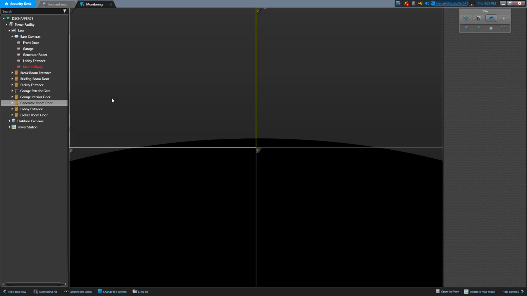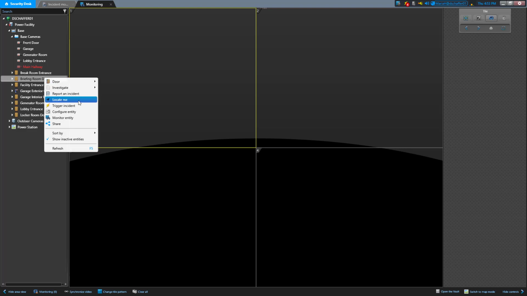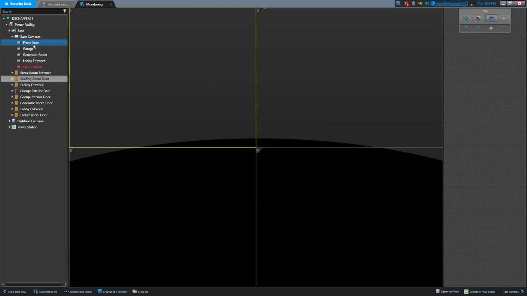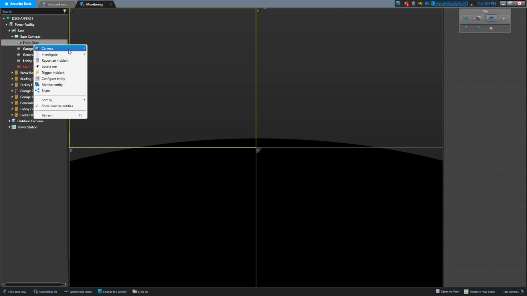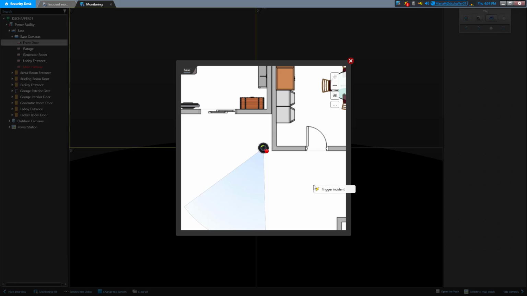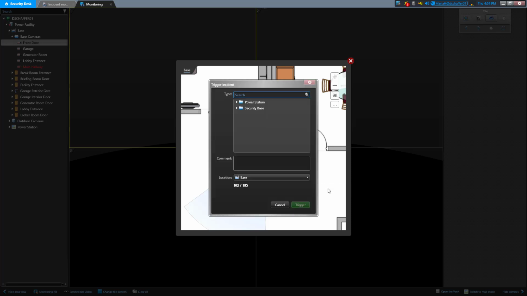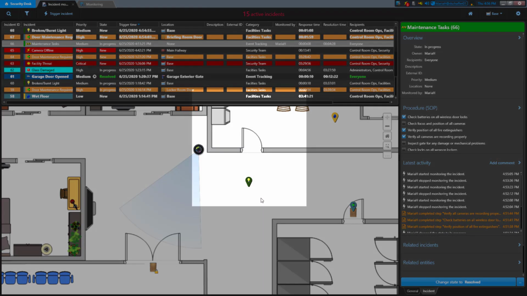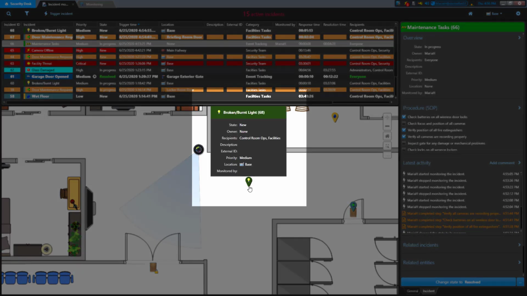You can also trigger an incident from the area view in the monitoring task. Just right-click on an entity like a camera or a door and choose Trigger Incident. In case you know something is happening near one of the entities but is not associated with it, you can right-click on the entity, choose the Locate Me function, and right-click on the pop-up menu that comes up to trigger an incident at a spot near the entity. The pop-up map won't show the incidents on them, but if you go back to your incident monitoring task, you will now see the new incident and the pin in the right place.